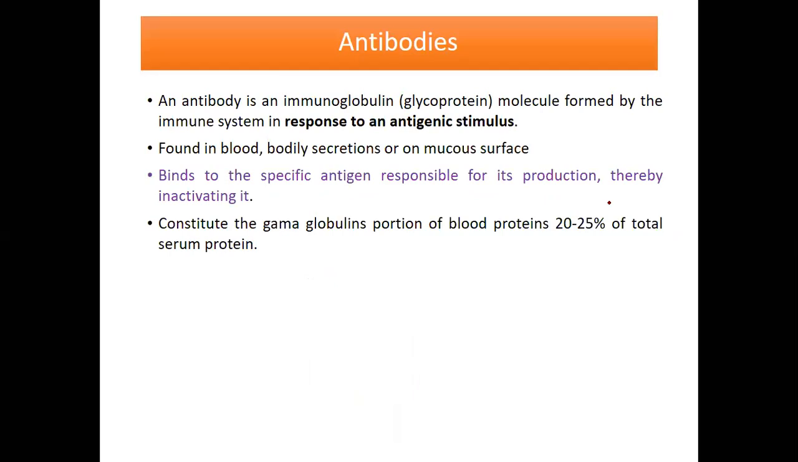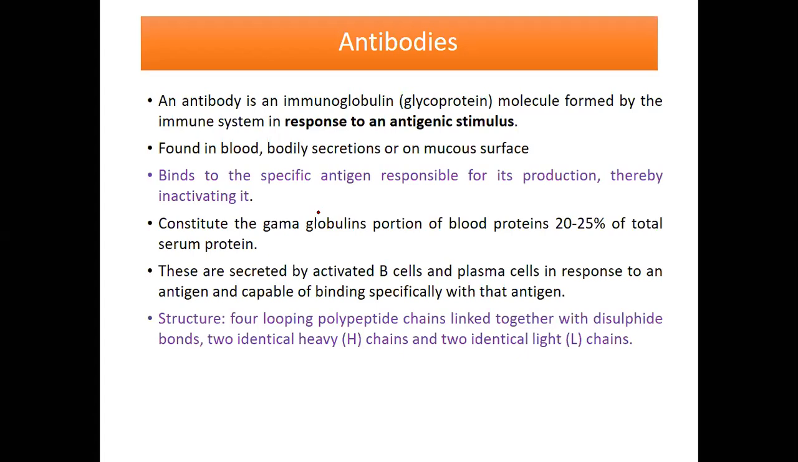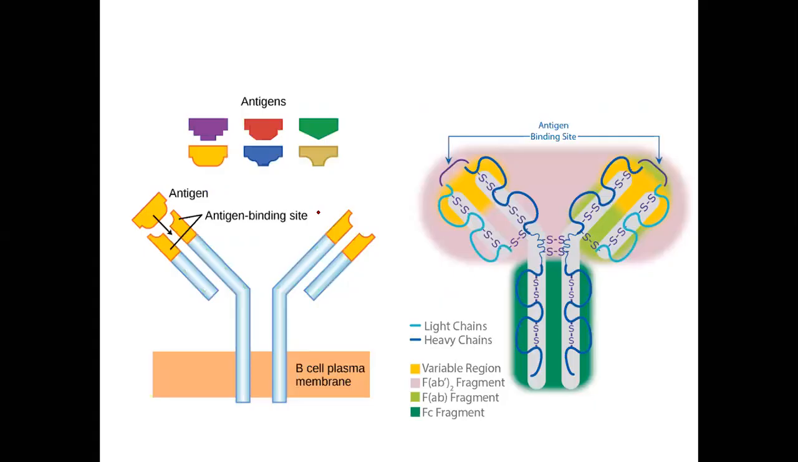These antibodies are synthesized and secreted throughout the body secretions or the mucus. They bind specific antigens, which in turn activate these particular antibodies. These gamma globulins constitute 20 to 25% of total serum protein. They are secreted by the B cells, and as we have seen, the structures of these antibodies